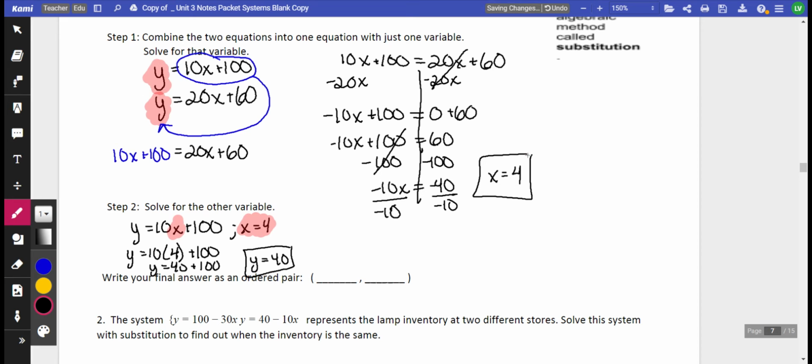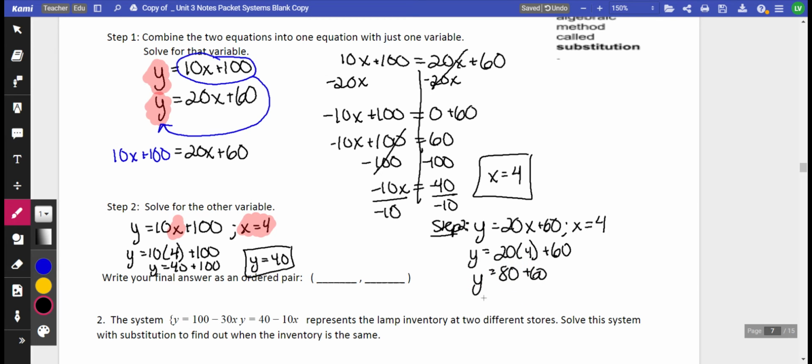Let's say, for step number 2, you instead want to use the other equation, y equals 20x plus 60. So this is step 2. I'm just going to show the work, just in case you chose that one. I'm still going to replace x with 4. So y equals 20 times 4 plus 60. y equals 80 plus 60. y equals